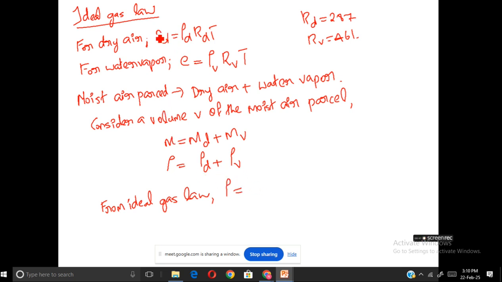rho d can be written as, from this equation, rho d is equal to Pd by Rd into T, plus the density of water vapor, which can be written as E by Rv into T. Now the pressure Pd, which is the pressure exerted by dry air, is basically the total pressure minus the vapor pressure. Pd can be given by P minus E. If we substitute that, we can write